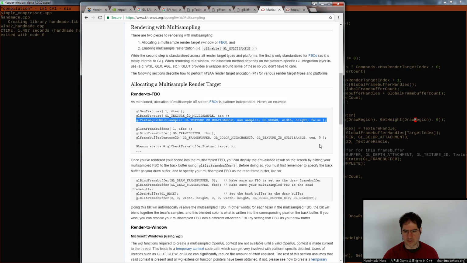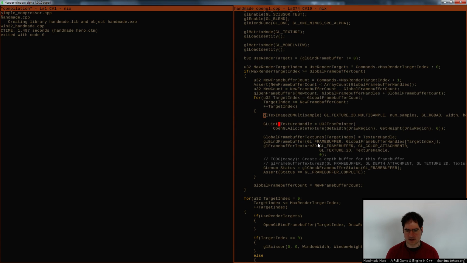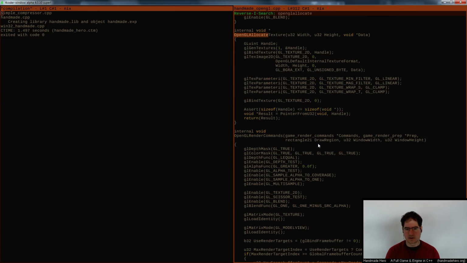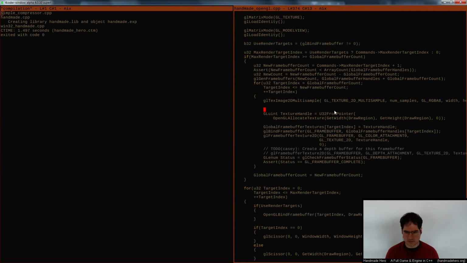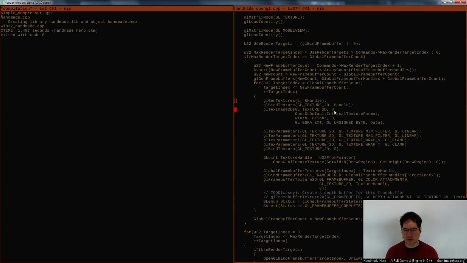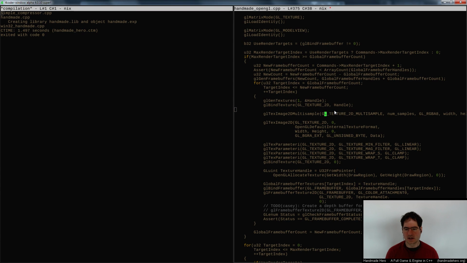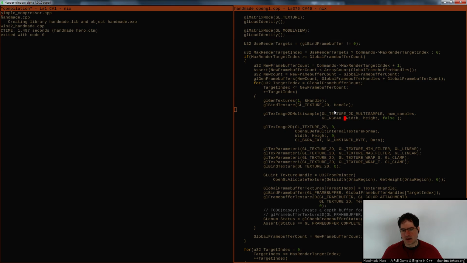Now, for creating our drawable textures here, I'm going to stop calling OpenGL allocate texture and start putting this inline, because in this case, I think we want to start treating this very differently from our normal texture allocation case, since it's going to be a 2D multisample buffer. In this case here, where we're taking the multiple samples, I feel like